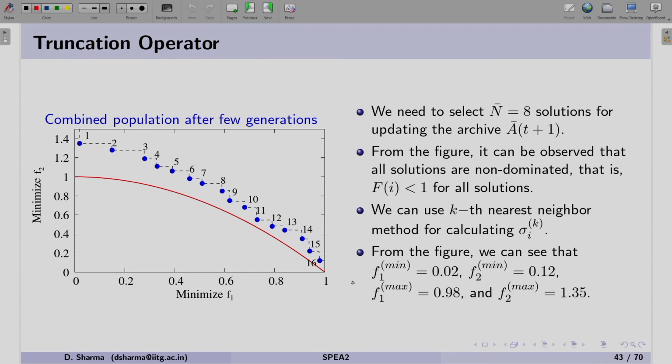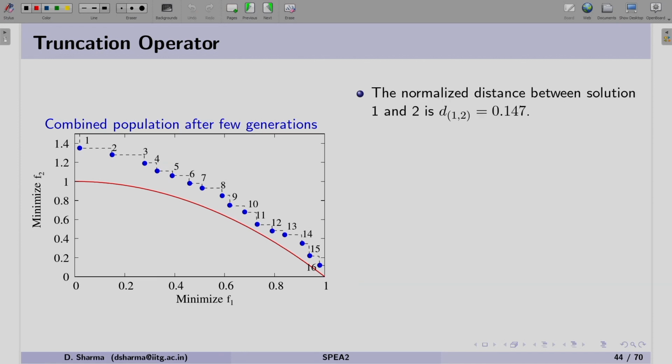First of all, we have to find the minimum and maximum in both objectives. It is only because we want to calculate the distance in the normalized objective space. From this figure, f1 min and f1 max are written here. Similarly, f2 min and f2 max are given here.